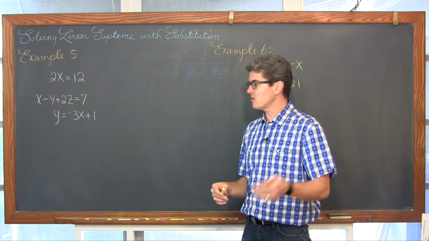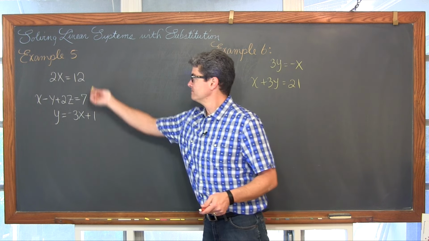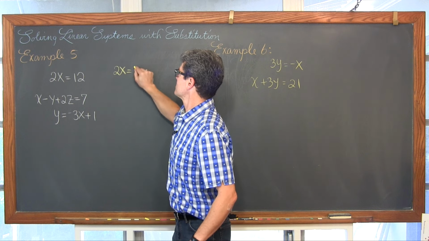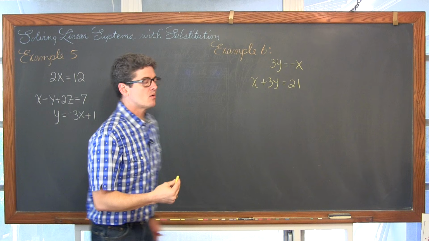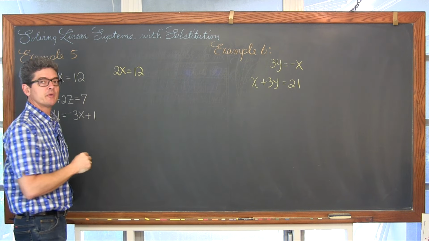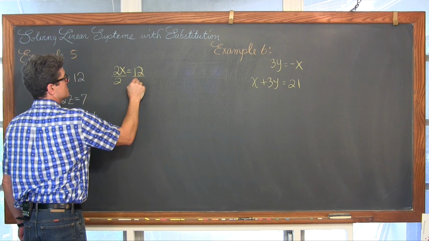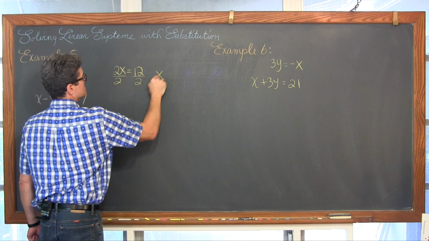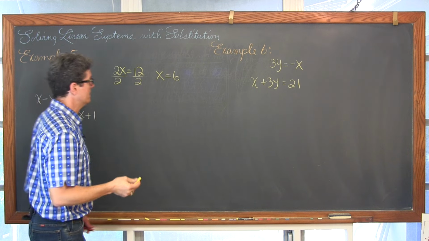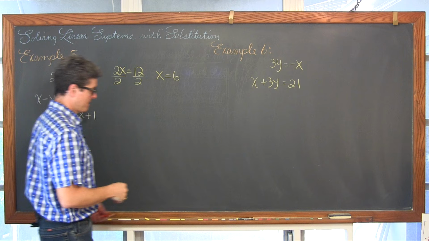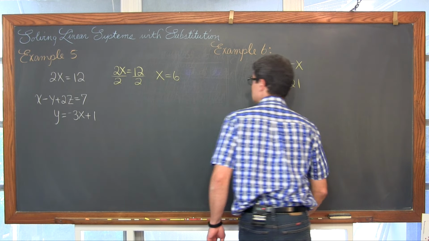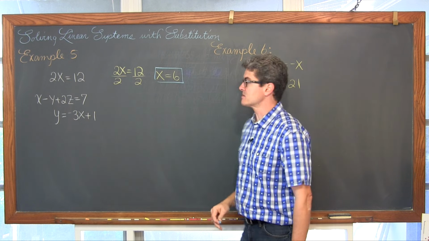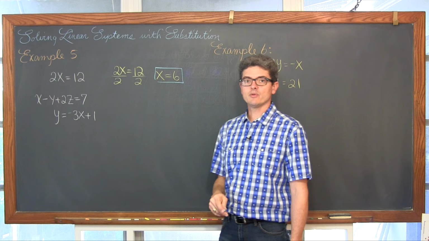So you want to go to the equation that has just 1 variable. That's the first one. So if we pull 2x equals 12 out to the side and say, well, let's go after that. With the x, you have a multiplication of 2. The inverse math operation to multiplication is division. So you divide both sides by 2, and you get x is equal to 6. Okay, great. Well, now what I'm going to do is take that 6, go into my other 2 equations,